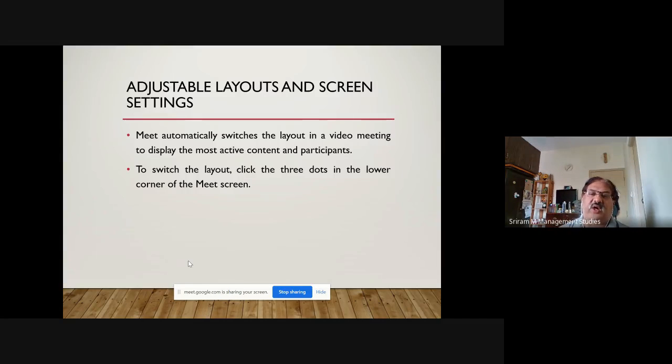Let's say you are conducting a class. At that point of time, you want to record the entire class, because probably some students might have technical glitches, so they might not be able to join the class. So that benefit can be given to them later, so that they'll be able to at least see the videos of what they missed. That is one advantage, but this recording option will come only for the person who's hosting the meeting. So on your screens, if you go to the 3 dots, you will not find the record button.